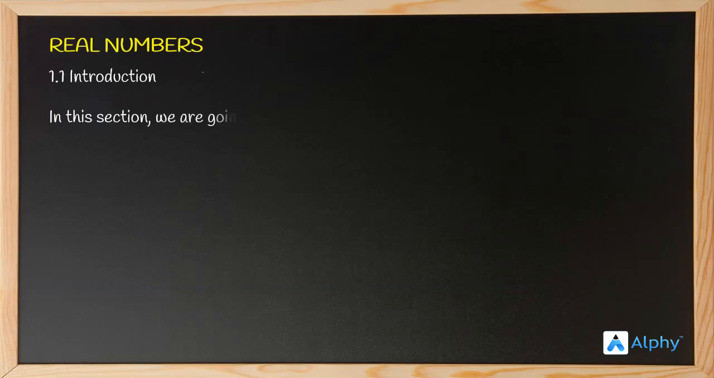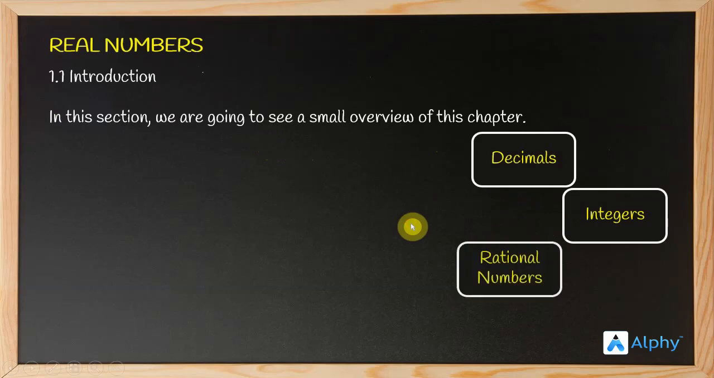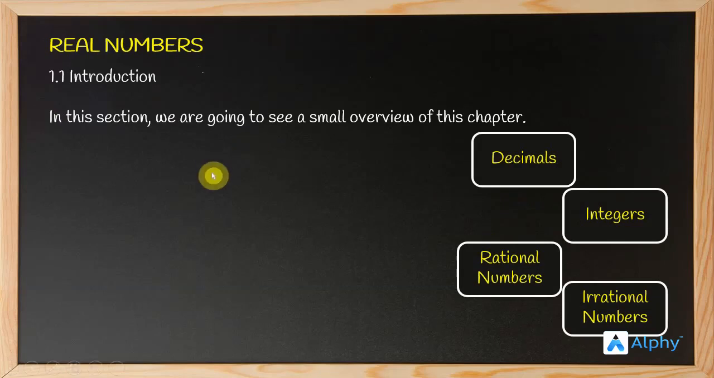Today we are going to discuss a brief introduction of the chapter Real Numbers. So here we are going to see a very small overview of this chapter today. Overall we have discussed different types of numbers like decimals, integers, rational numbers and irrational numbers. And we know that all these numbers together comprise real numbers, and we will continue our discussion on real numbers